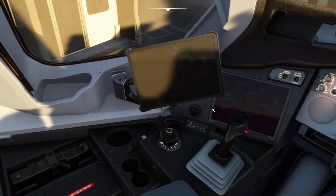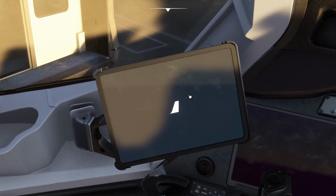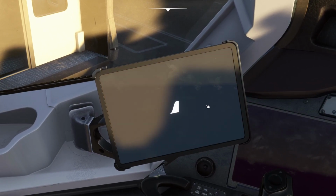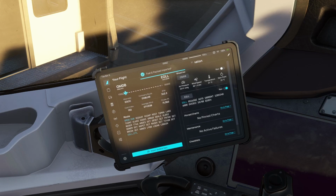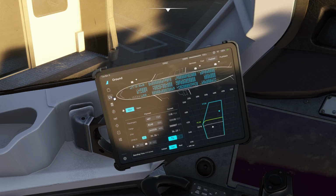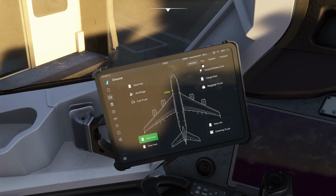Alrighty, with that done, let's go ahead and set up our fuel and our payload. So we're going to turn on the EFB, import data from SimBrief. And there we have our fuel and our payload. So we have from Dubai to Heathrow. There's our company route, zero fuel weight, and our route, our weather, etc. So if we go to the ground page, services,